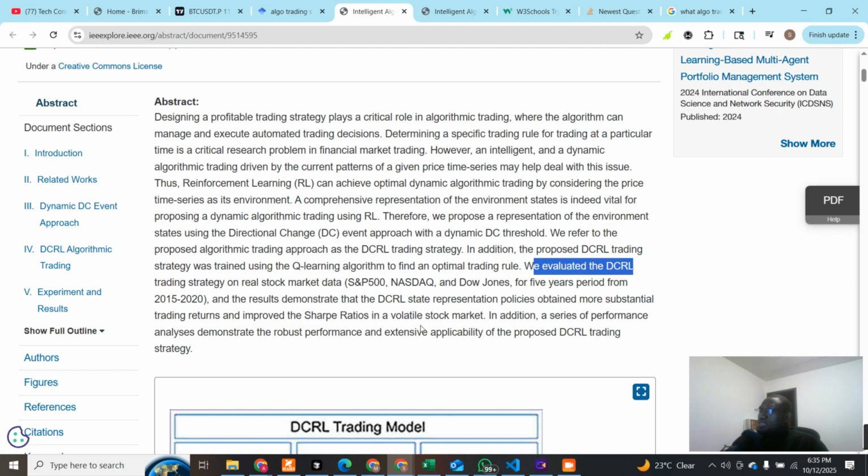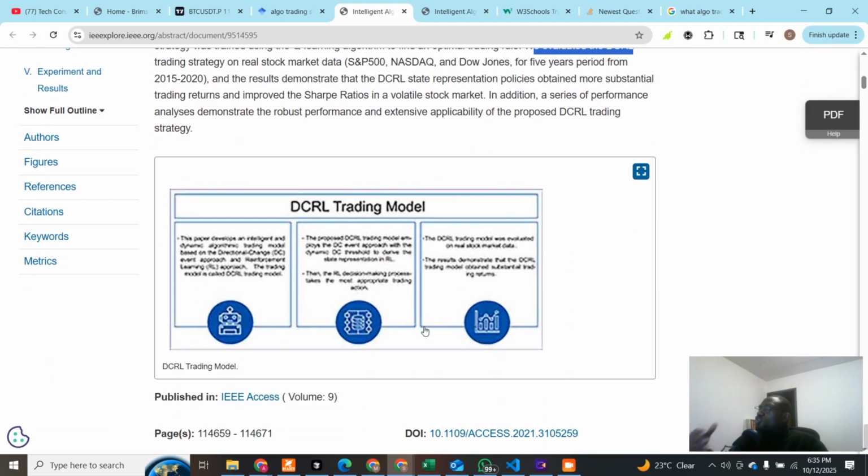Now, you can try your own, because the main issue is that most of the research-based trading strategies are very good on paper. What I mean is that when they backtest it on data, it works very fine. It's possible that the model is overfitting, that it is learning too much of the data, and when it gets to a live practical aspect, it just fails. It couldn't perform well on the live market.